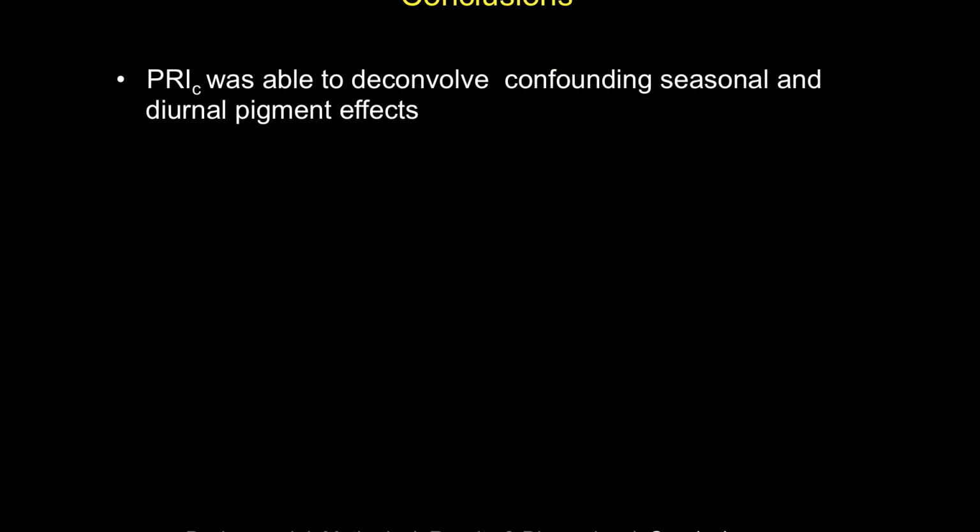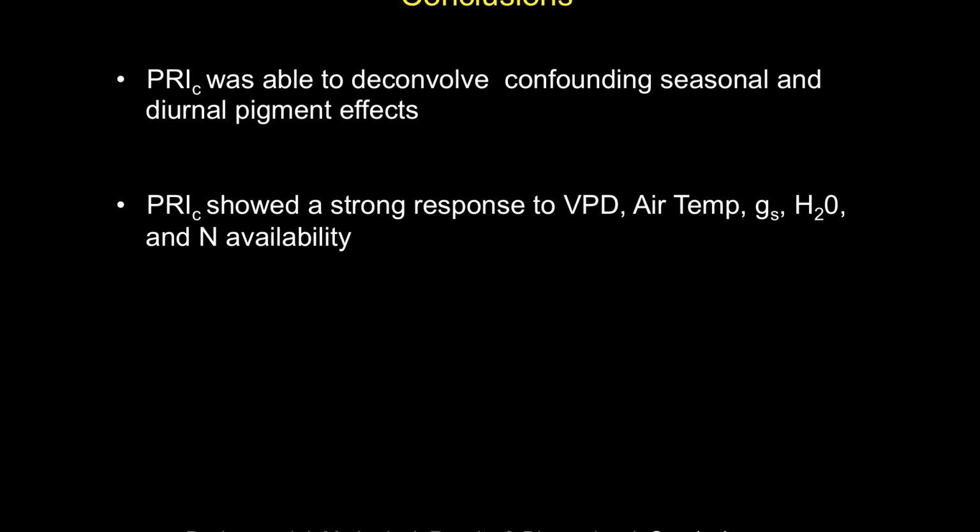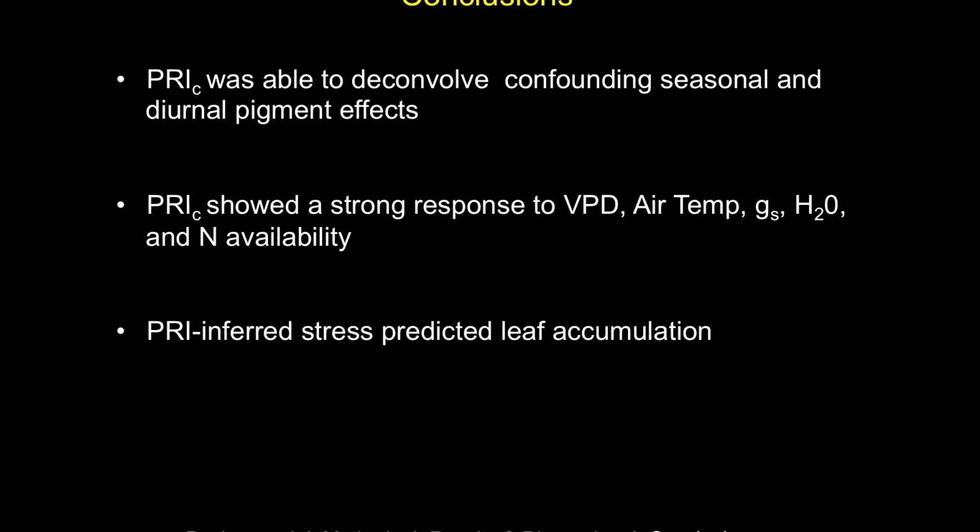So in conclusion, our corrected PRI was able to deconvolve confounding seasonal and diurnal pigment effects. It, however, was not able to deconvolve confounding changes in LAI throughout the season, which I did not show in this presentation. PRI-C also showed a strong response to vapor pressure deficit, air temperature, stomatal conductance, water, and nitrogen availability throughout the season. And this PRI-inferred stress signal also was able to predict leaf area accumulation, which I think is especially important when we're thinking about monitoring crops for biomass